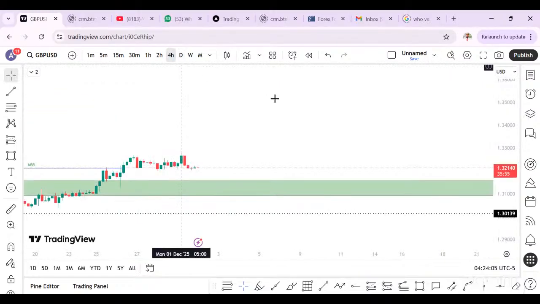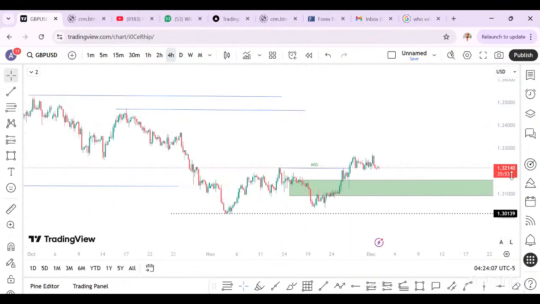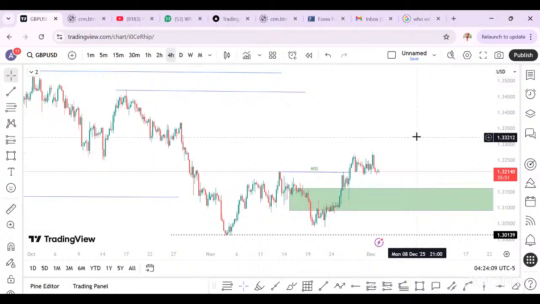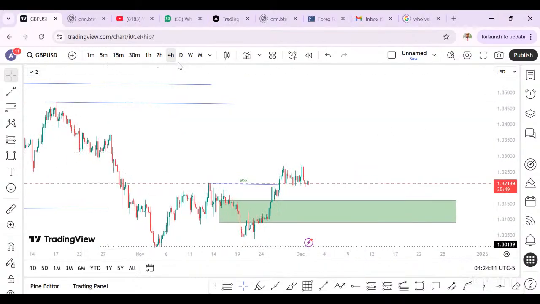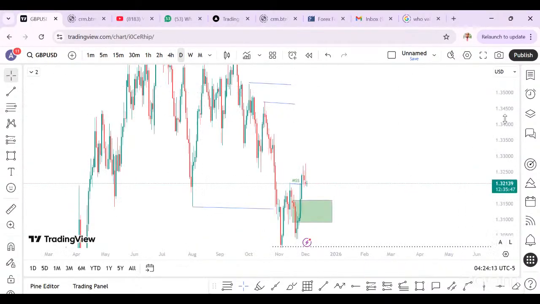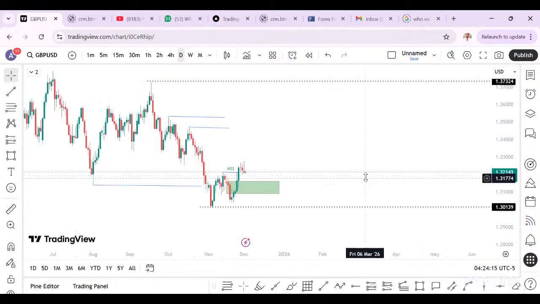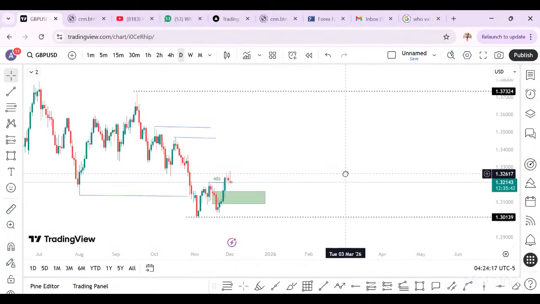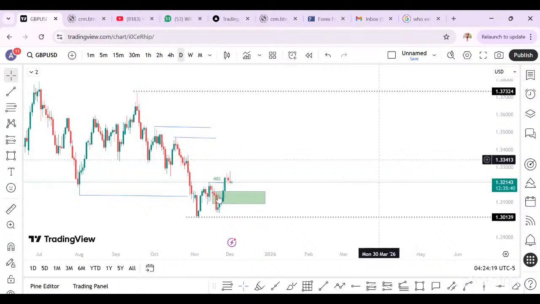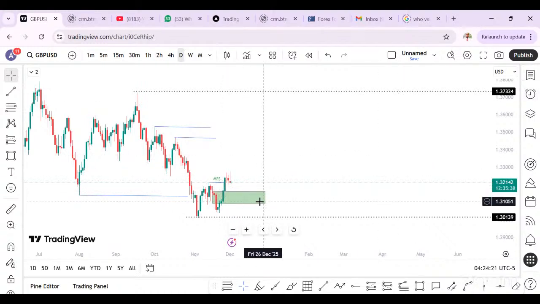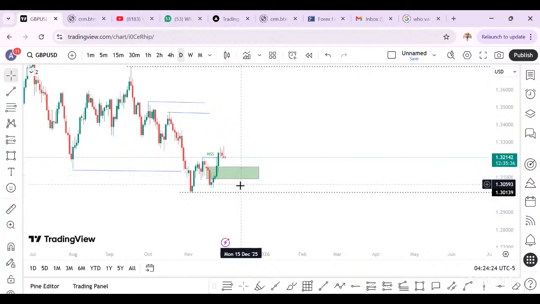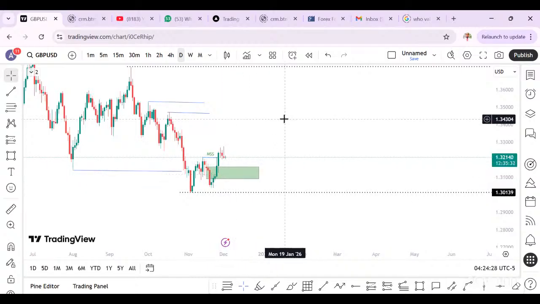On 4 hours, we also have what? The same shifting market structure. So three time frame alignment is pointing to a bullish continuation. So please, don't look for a sell. Allow the market to come down. Engage in a buy. In fact, if you get a buy around there, we can even leave this thing to run for the rest of the year till December, because when this starts buying, it's coming up here.